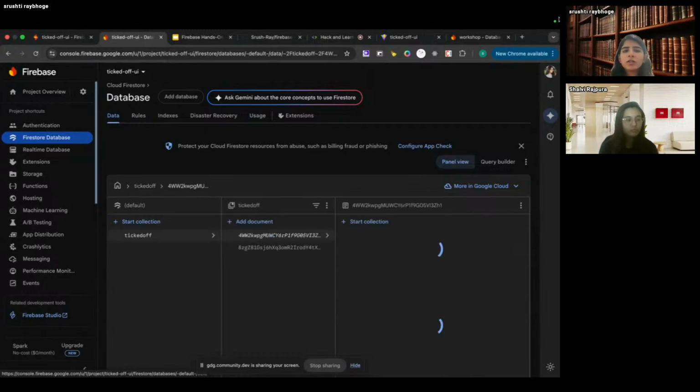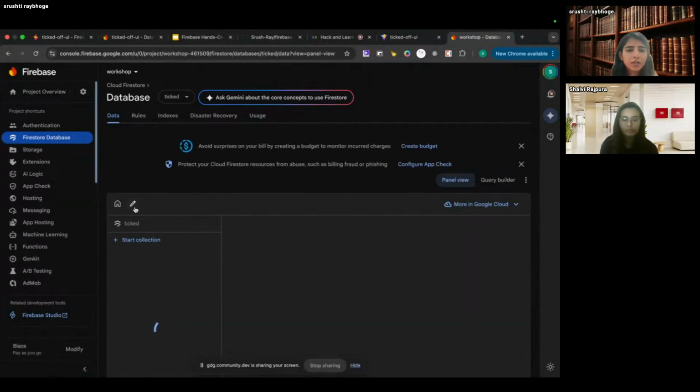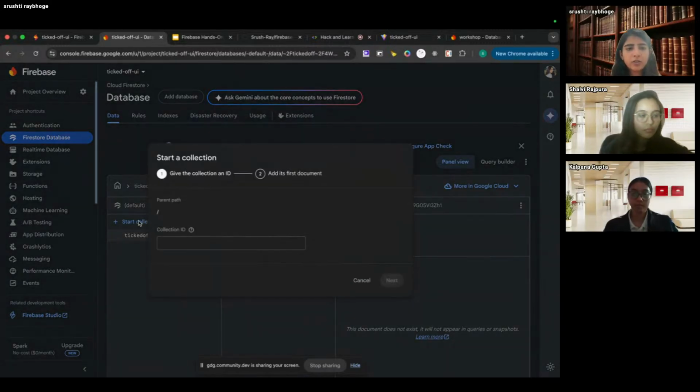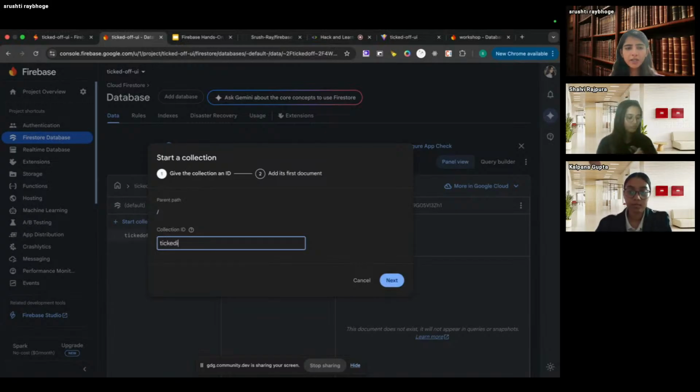Now, once you are here, you will see something like default. If you have kept a default, you'll see a default over here. Then you need to say start collection. In start collection, for now, you can just add the same ID, maybe TikTok or any collection ID that you want. Once you have added the ID,